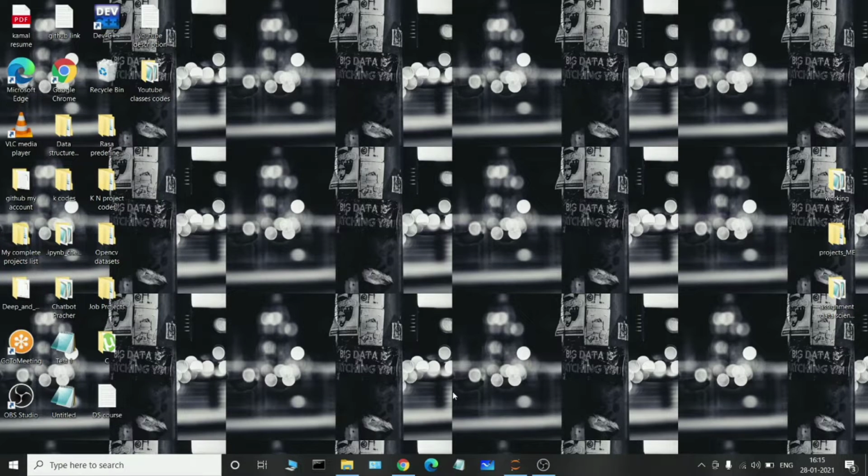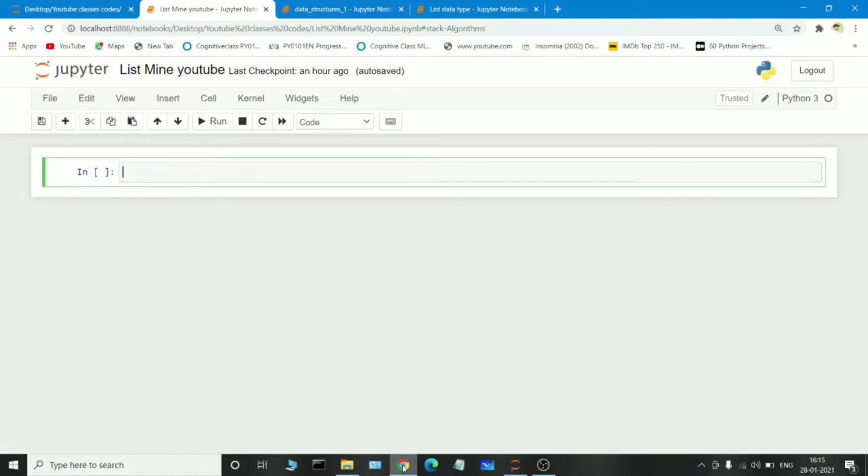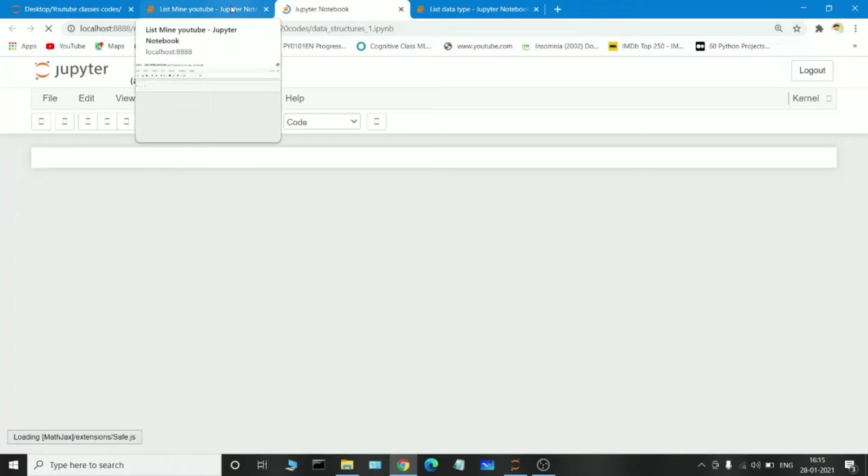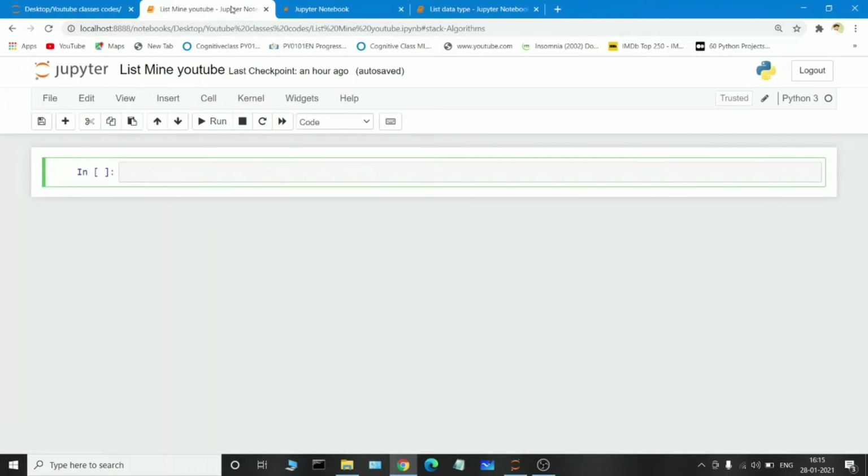So coming back to the section, I'm just opening my Jupyter notebook. This is my Jupyter notebook. Don't worry, guys, if you want my Python file, which means this code file, I will provide my GitHub link in the description. You can go through it. You will have a clear idea if you see the particular code, and you can also implement it step by step.